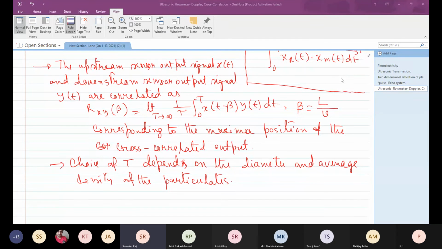Sir, in the ultrasonic Doppler flow meter, the transmitter signal is reflected by the particles of the flowing fluid and then we are receiving it. So that concept is more or less clear. But sir, in this ultrasonic cross correlation flow meter, if the flow is completely laminar, then both the received signals of Rx1 and Rx2 will be exactly the same, right? Then how will we calculate the flow velocity? I'm not able to understand the principle behind this.